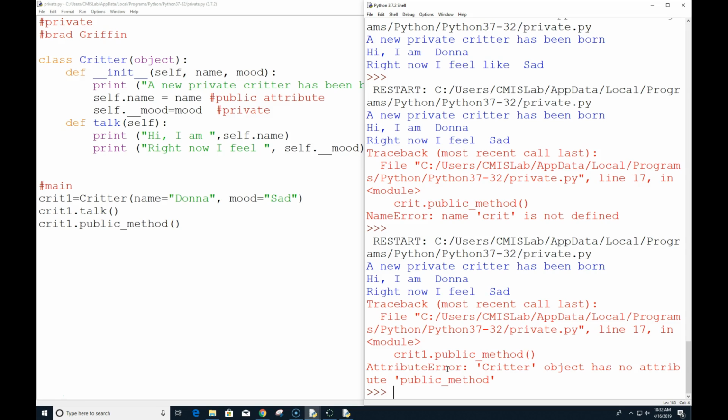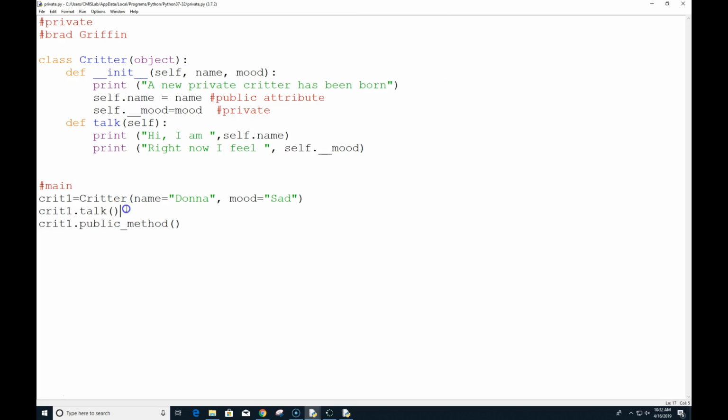So private methods are kind of handy. We get a lot of details out of it, and we can hide them because I can't necessarily get to this easily and quickly. And that's good. I don't want to be able to get to it. So we created a private method. Page 236 talks about accessing private methods. There are ways to work around it, but generally we say, no, let's not.